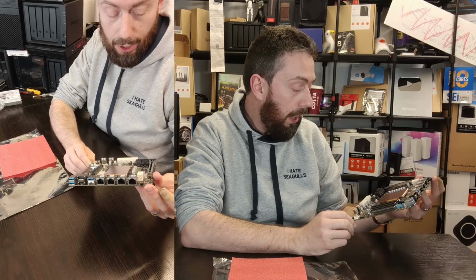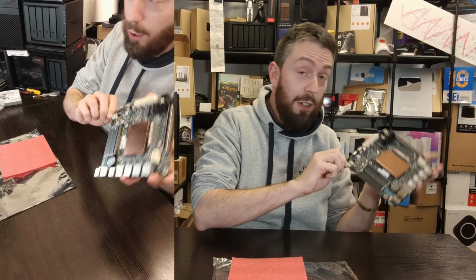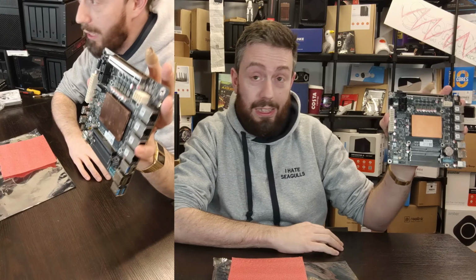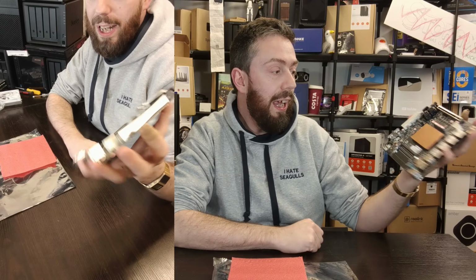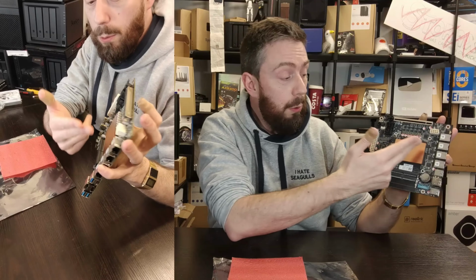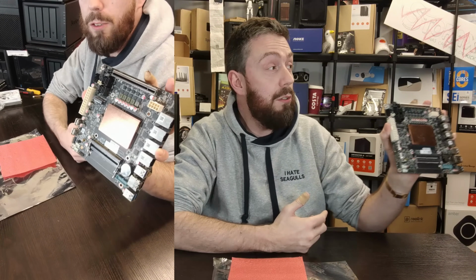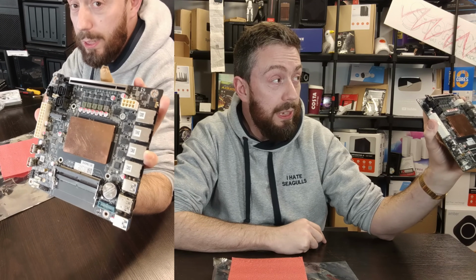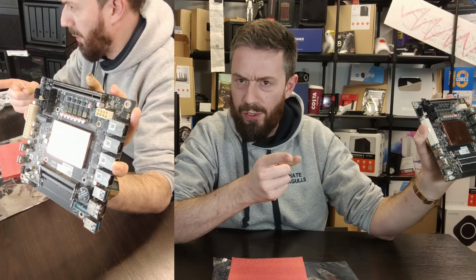I will also highlight quite neatly, if you were looking at a Jonsbo build, this thing is frigging great, because notwithstanding that it is obviously compatible in terms of being Mini-ITX and SFX PSU ready, it is the fact that when you're looking at, say, the Jonsbo N3, an 8-bay box, you've already solved that whole multi-SATA port fiasco that you tend to get with Mini-ITX boards. Overall, I'm really looking forward to getting this inside the Jonsbo, at the very least, getting this in our test bed. And actually, on that subject,